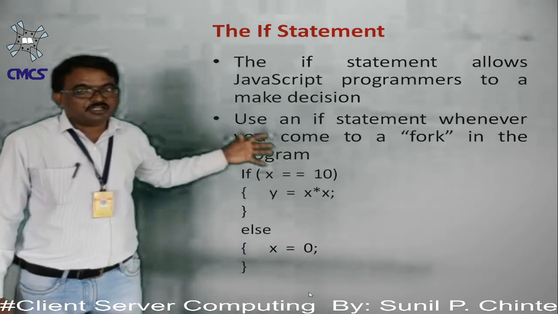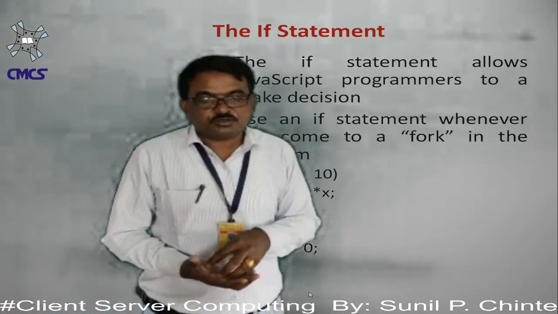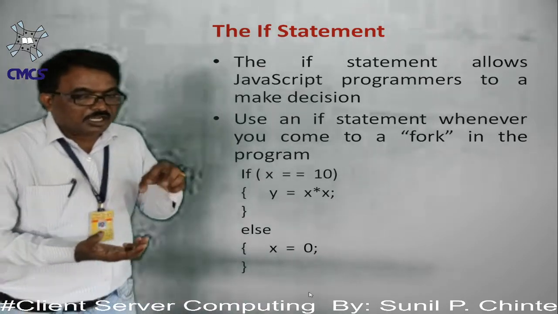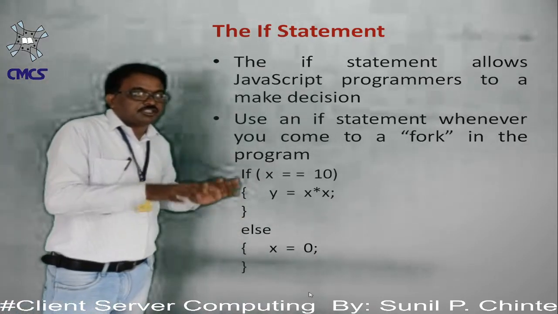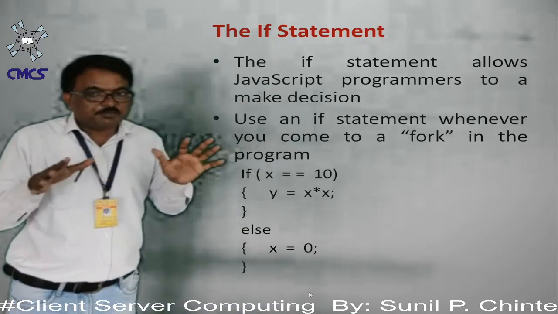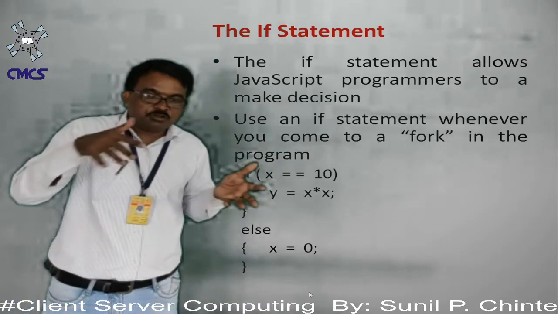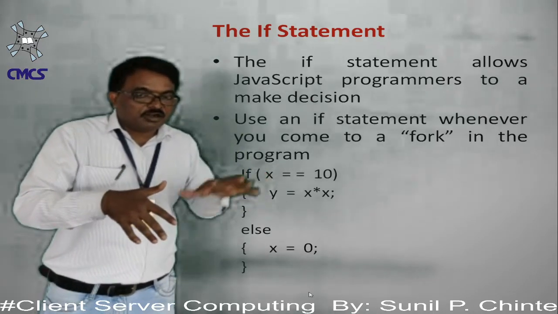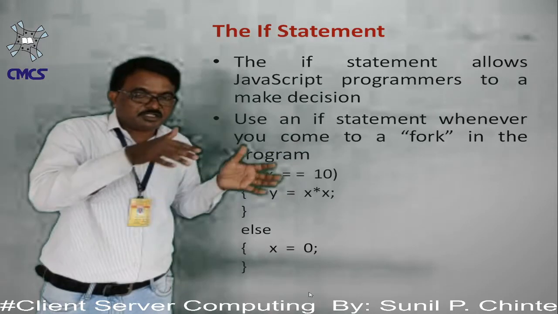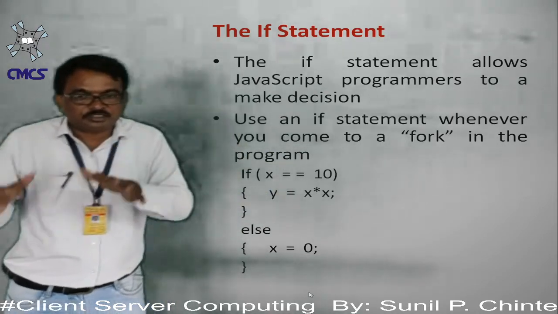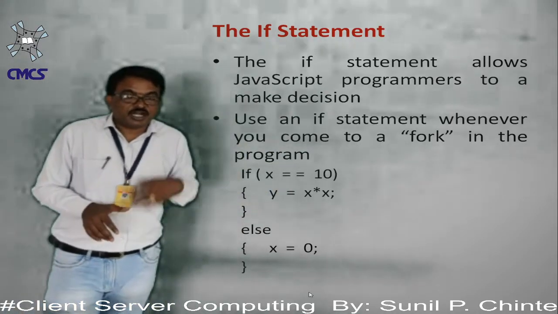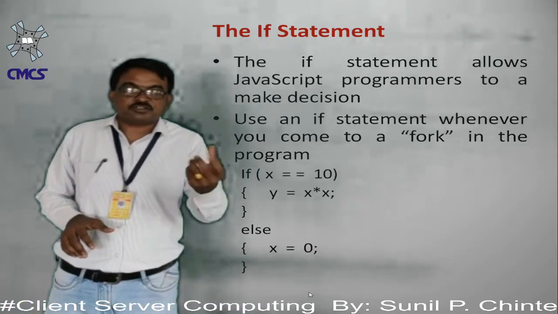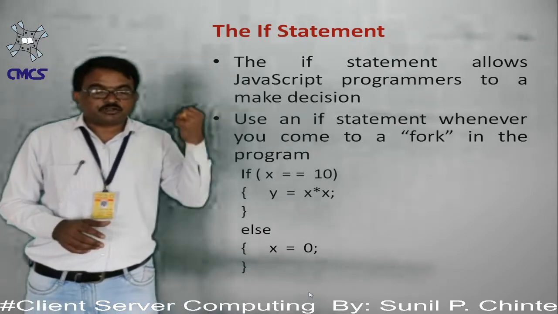It means, if the condition of the if is true, then the if block will be executed and the else block will be skipped. If the if condition becomes false, then the if block, which is denoted by the curly braces, all the statements under that block will be skipped and the else block will be executed. It means we are determining the flow of execution of the program. That's why it is called control statements.